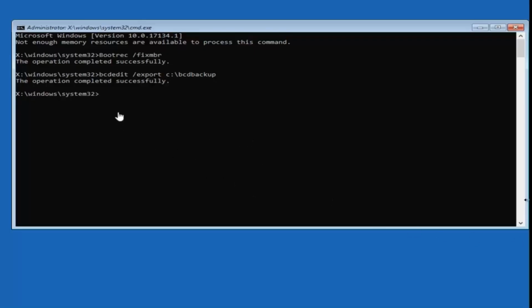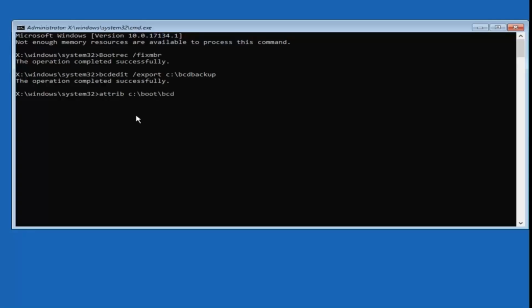And now you want to type in ATTRIB space, and then again, since my C drive worked up here, we're going to do C again. So I'm going to do C colon, which is just one dot on top of another dot. It should be right underneath the P key on your keyboard. And then you want to type a /, so /boot